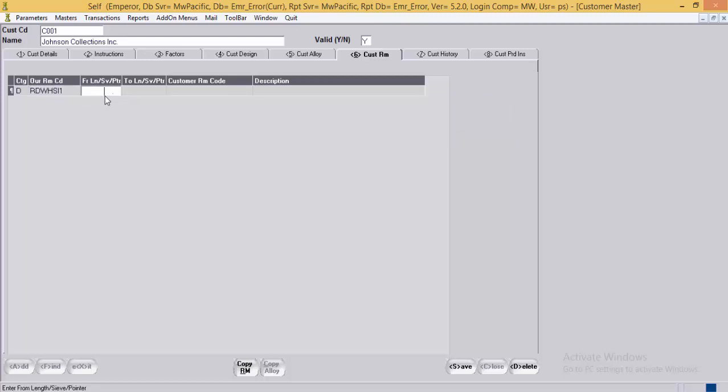Then the length sieve pointer, which is applicable for the specific RM code. In the case of round, I may enter a sieve size range, that is from 0 to 6.5. Then the customer reference code can be RDVS1 and the description for the same. It is round VS quality.